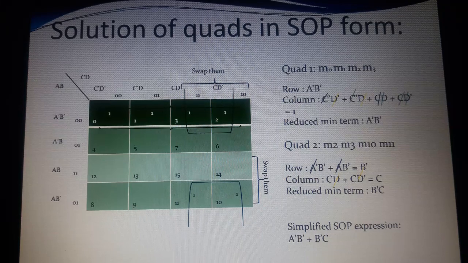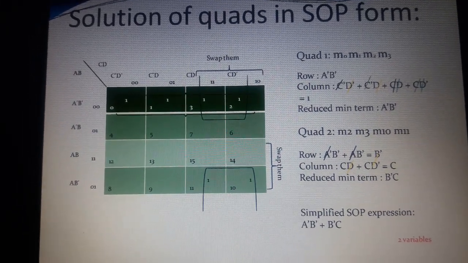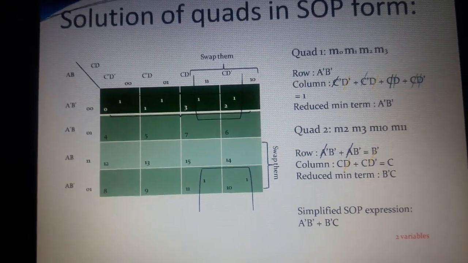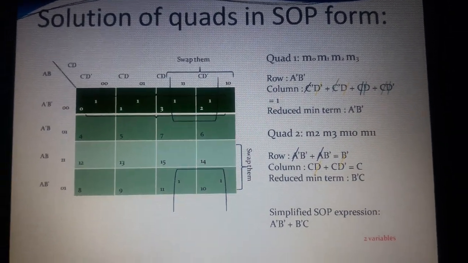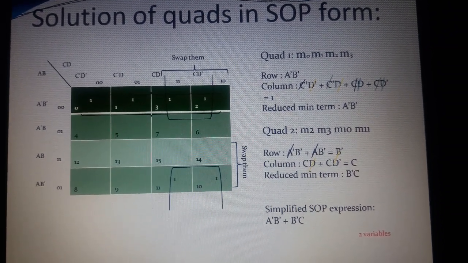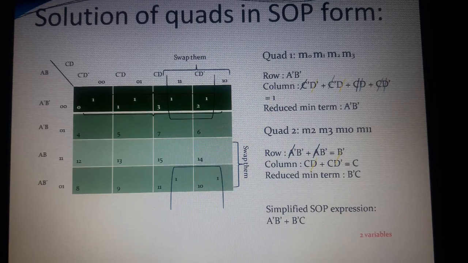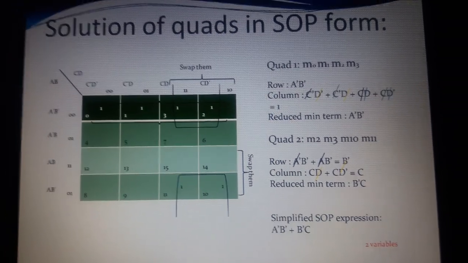What do we have to remember in this? We are getting two variables in quads. That's why when we have a combination of pairs and quads, we prefer quad. Why are we preferring quad? Because it provides us two variables. And then the next one,